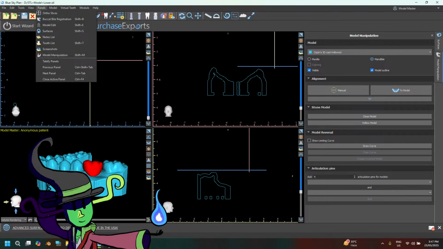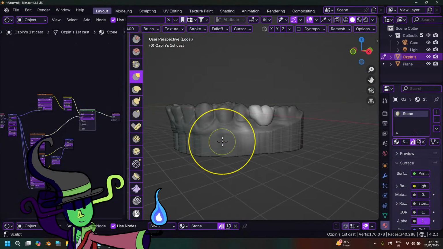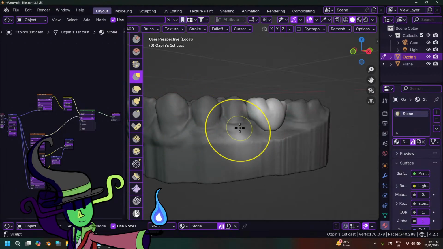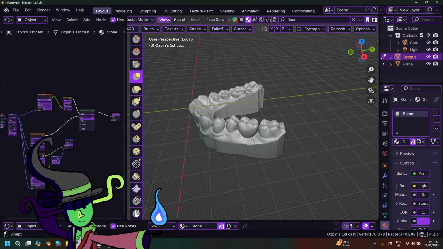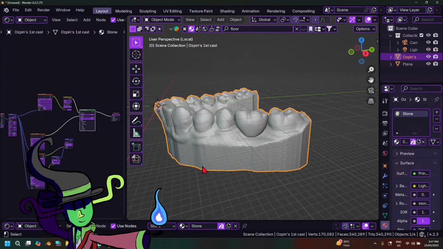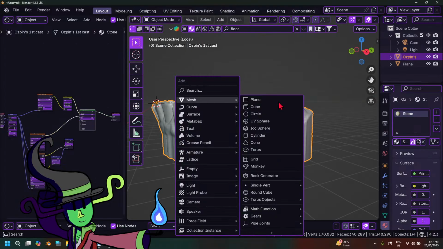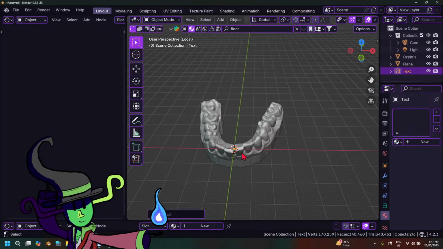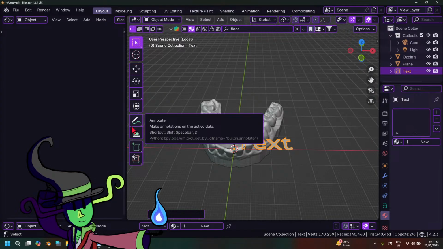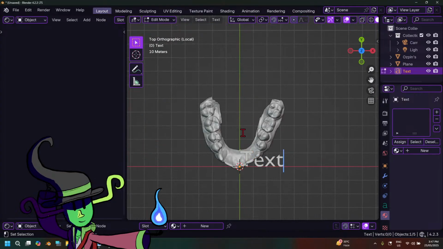Fine, I'll do it myself. I'll do it myself, guys. I'll just do it here in Blender. Control Shift A. Oh, Alt M. Okay. Let me create a text file here. Where's my text file? Here it is. Call it